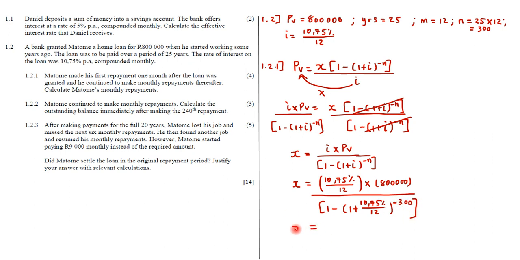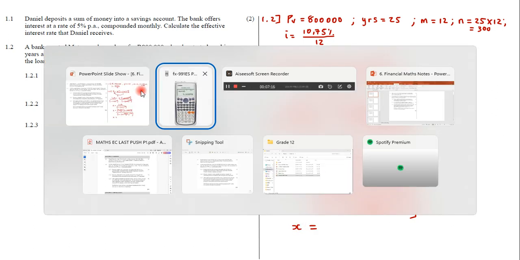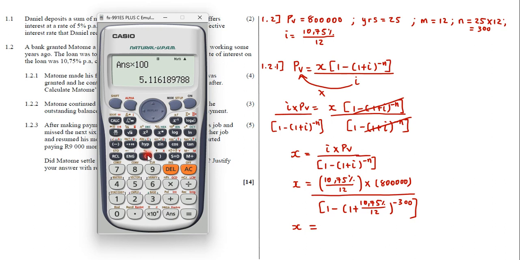So yeah, then when I press this one time, see here you don't have to type it twice, pressing it over and over again and writing all those long numbers. So you're only going to do it once. So let's go ahead and do that. Notice that I press here the fraction at the top, and then the bracket, and then here 10.75% over 12. Don't forget to put in that percent, because once you take it out, it will give you an answer that is way off. So we have 800,000,